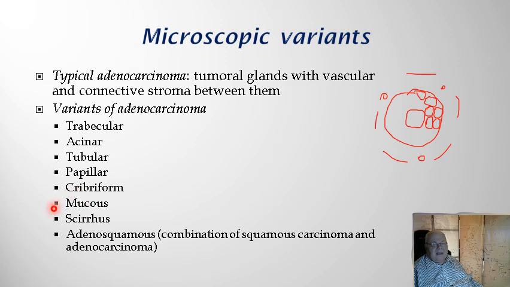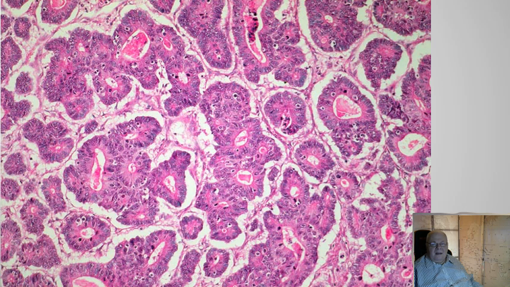Among them, you can see the mucinous or mucigen type of adenocarcinoma. So this is the general pattern of an adenocarcinoma. This one is from the stomach, but it looks extremely identical if it's from the large bowel or from the small bowel or from many other mucosas, for example, endometrial mucosa and so on.